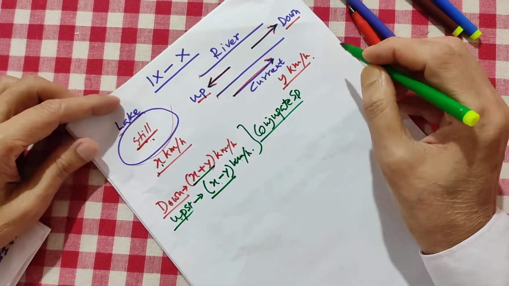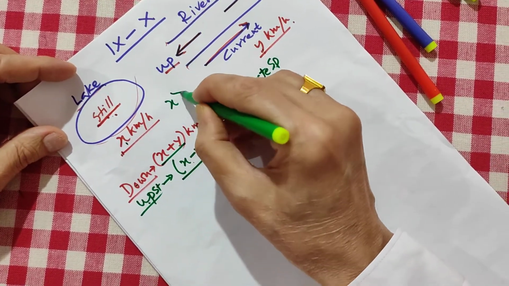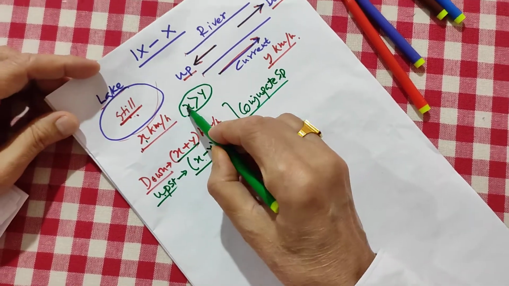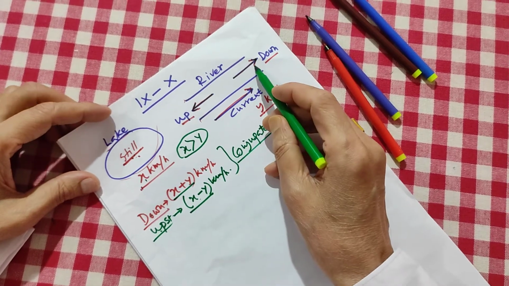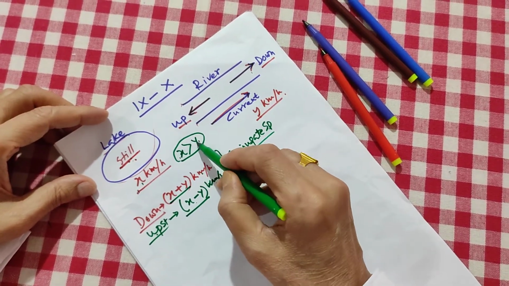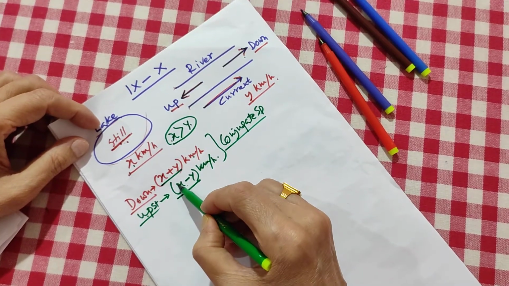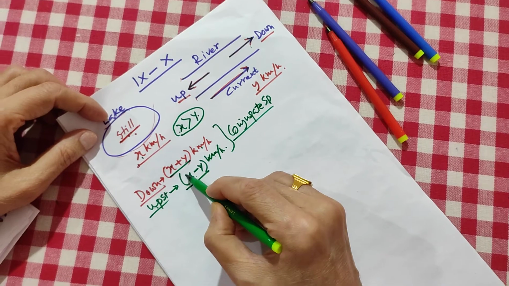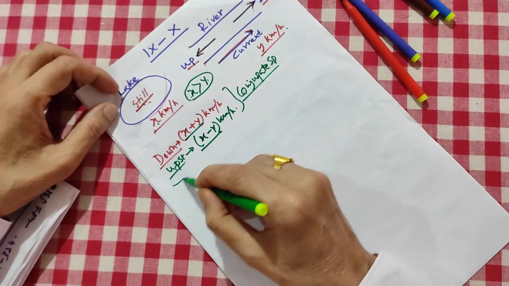Now here one thing you notice, that this x is always greater than y. So in all your numerical problems, normal speed of the boat will always definitely be greater than the speed of the current. So x will be always greater than y. So when you add or subtract, x will come first. So it will be x minus y and x plus y. Not y minus x, it will be x minus y because x is greater than y. All right. Okay, now let us